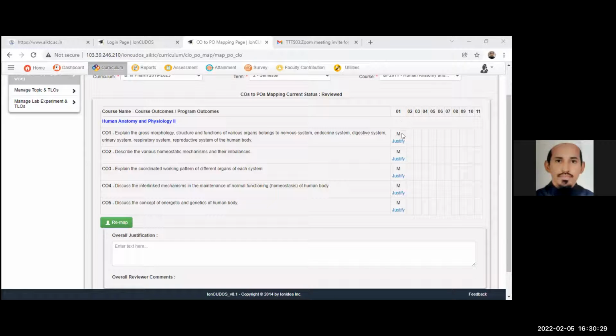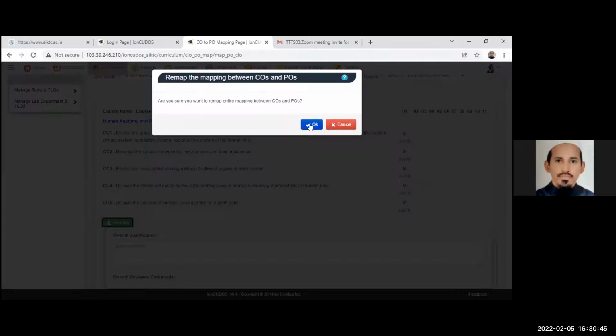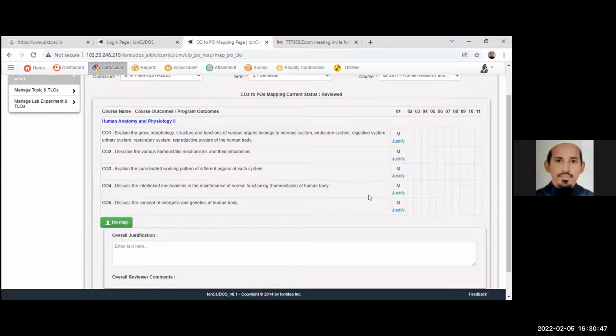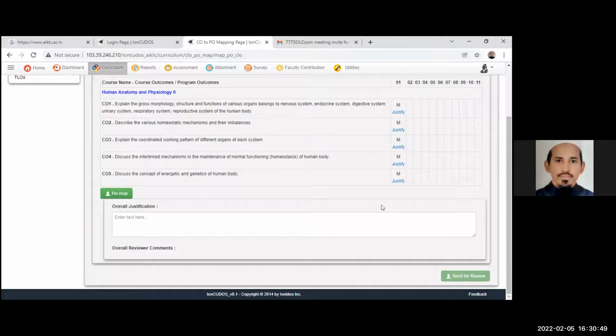So you can select medium, low and high, or as per your discussion with your BOS member, you can finalize this mapping. Then there is a tab, send for review. You have to send it for review and it will go to your BOS member.